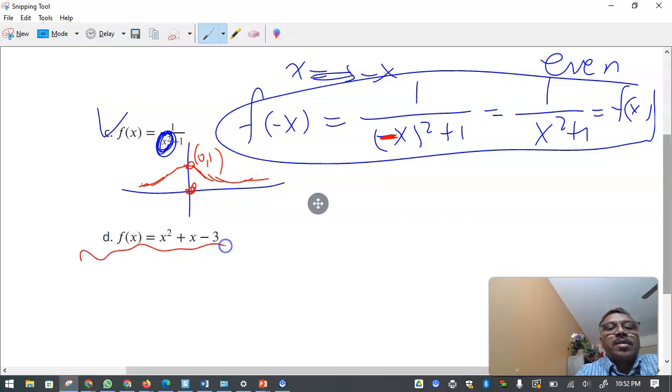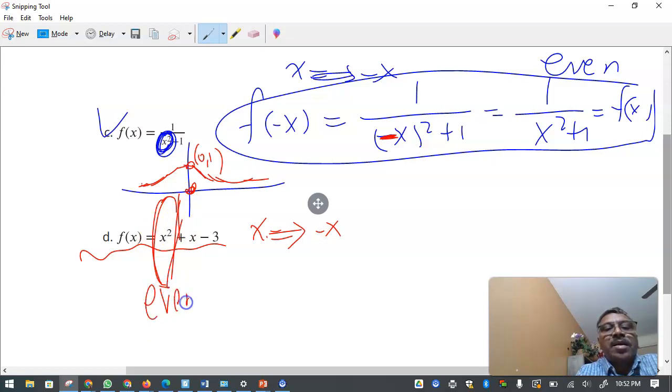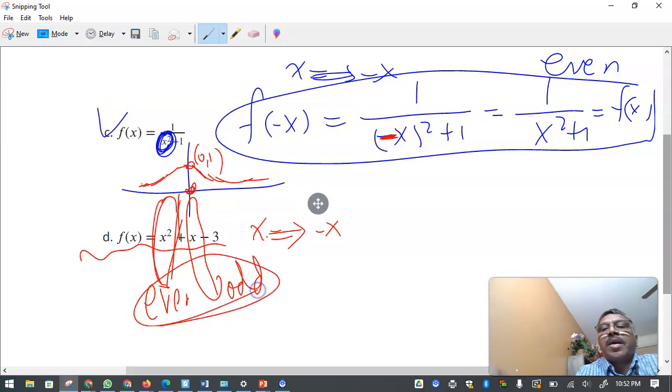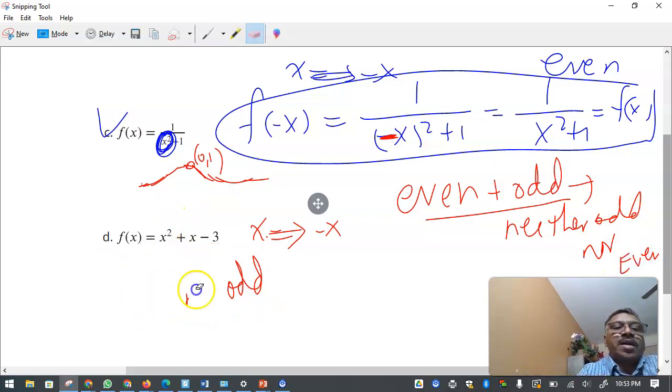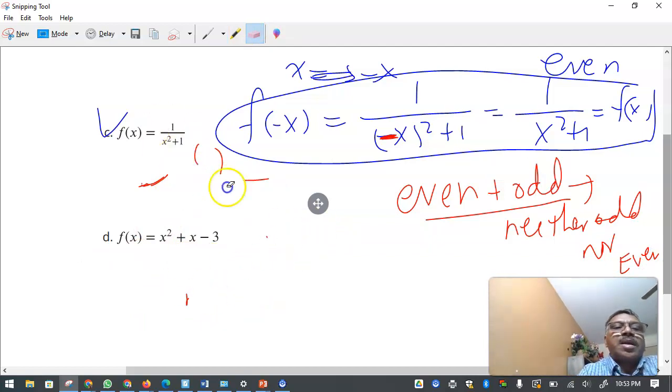The next question, let's put x equals minus x. Watch this. There is an x square here. This will make it even because of that, and this will make it odd. So whenever there is even and odd together, this becomes neither odd nor even. That's what that means. And you can also check it out. Let's plug in x by